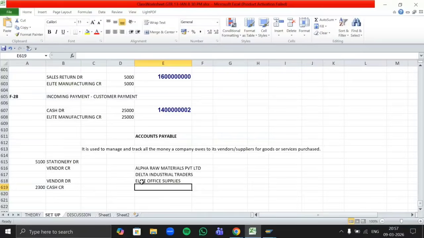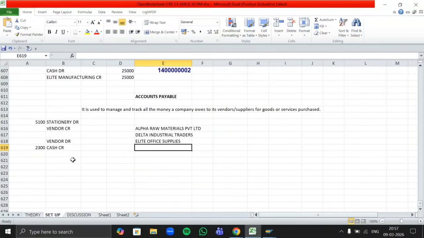We will create a creditor account, in which we will give this business partner to all three. Exactly. So here we'll create one creditors GL under our liability account only. Why? Just because we need to show the total amount a company owes to each and every vendor, not to any particular vendor. Okay.